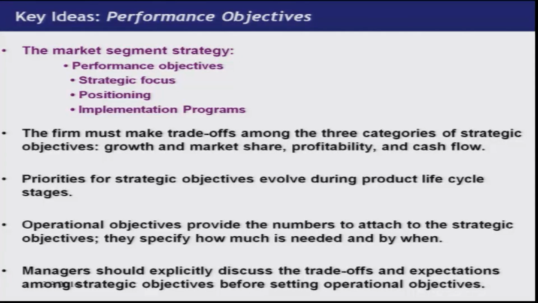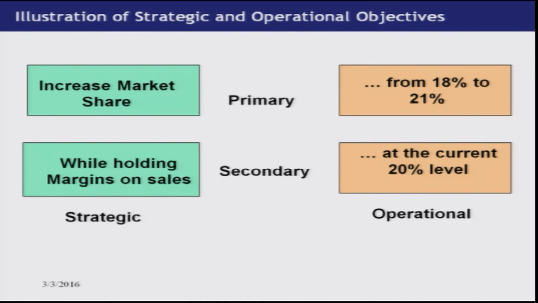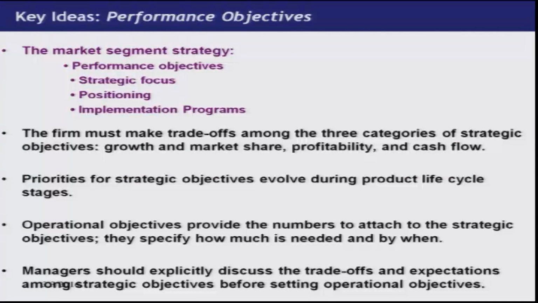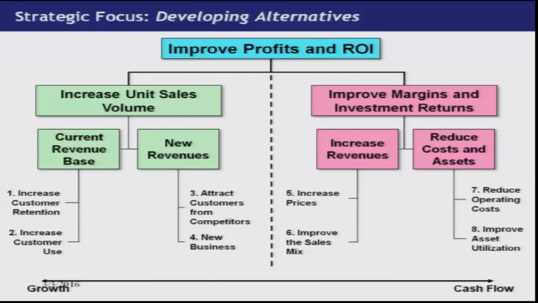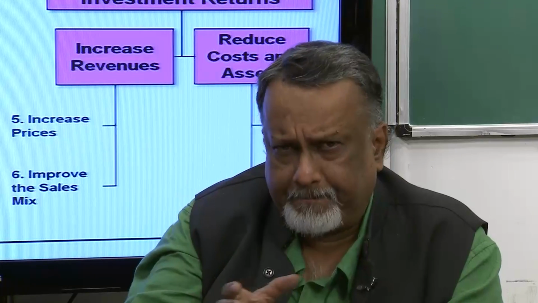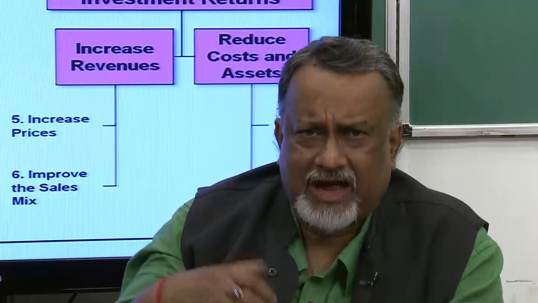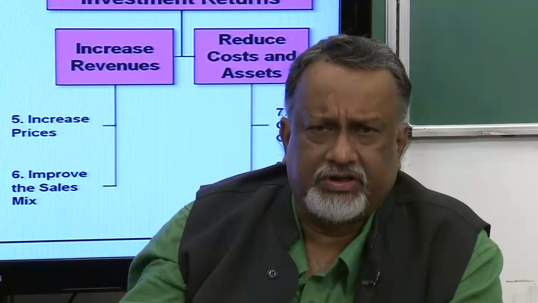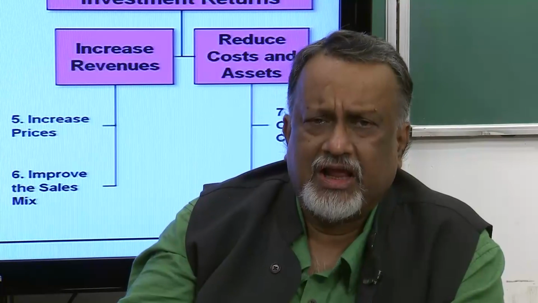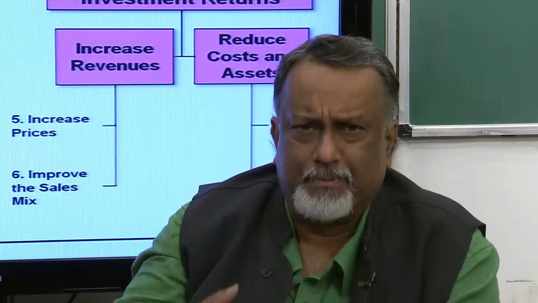Operational objectives will come out of these strategic objectives, and will result in specific numbers and statements like this: from 18% to 21% market share increase, while we hold the current level of 20% margin, and so on. So, you see, once we have this profit, ROI, market share, growth, margin, etc., determined from the discussion, which is based on our STP, from understanding the segment, the size, the growth rate of the segment, and how well we match the requirement of that segment with respect to the competition, etc., then